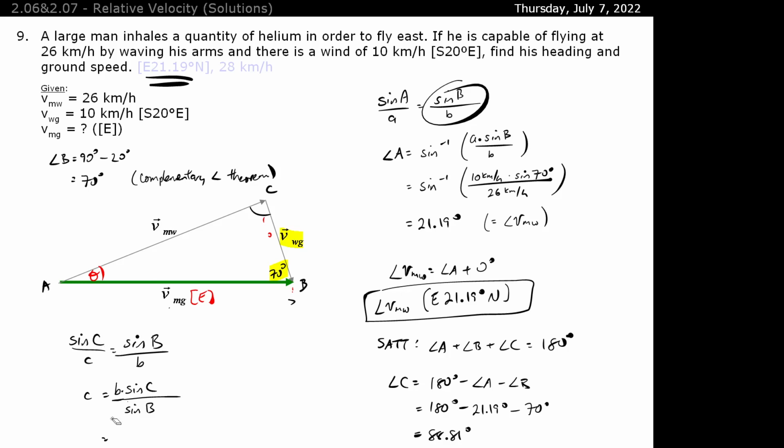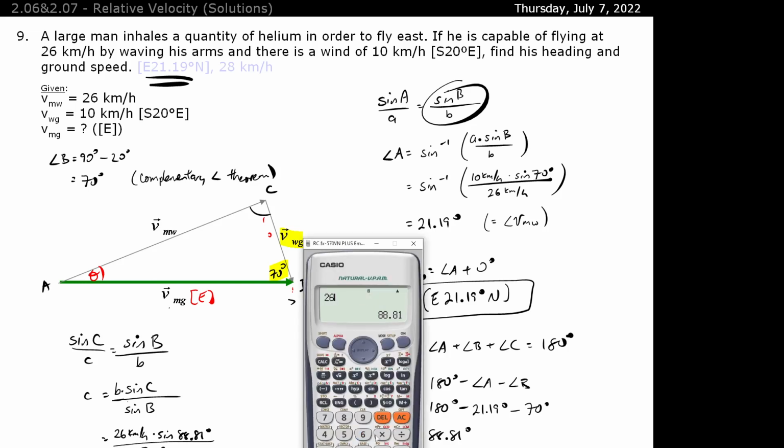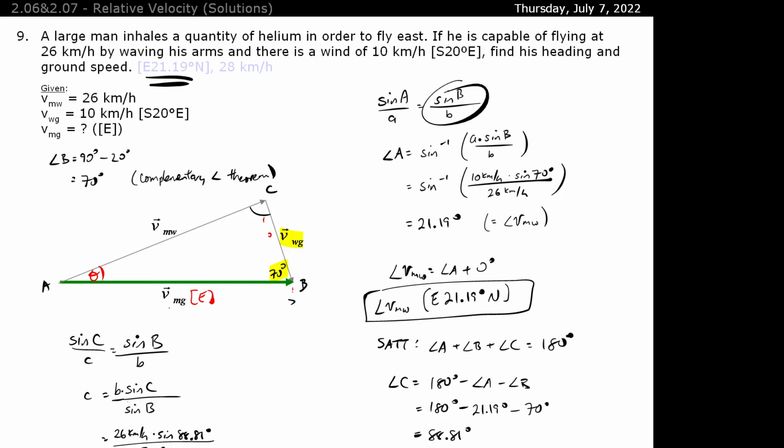Okay, so B is equal to VMW, so he's able to fly at 26 kilometers per hour times the sine of 88.81 degrees divided by sine of 70 degrees. 26 times sine of 88.81, which is very close to 90, by the way. So that's why if you accidentally treat it as a right angle triangle, you'll get close to the right answer, although that's the wrong approach of solving this. Divided by sine of 70 degrees, close bracket, and you get 27.66